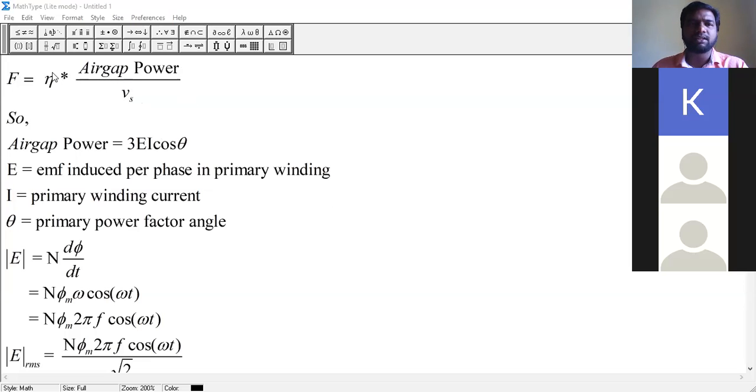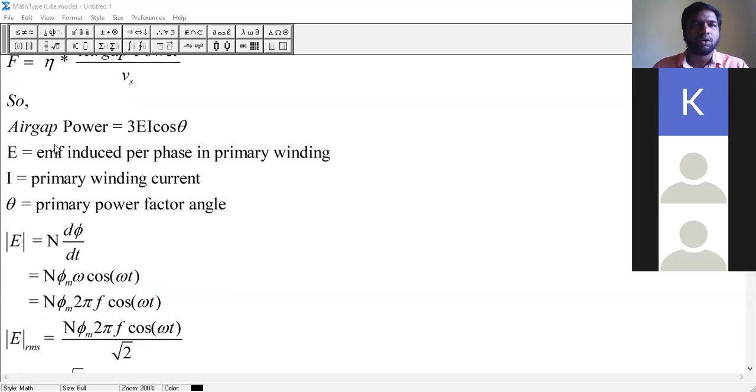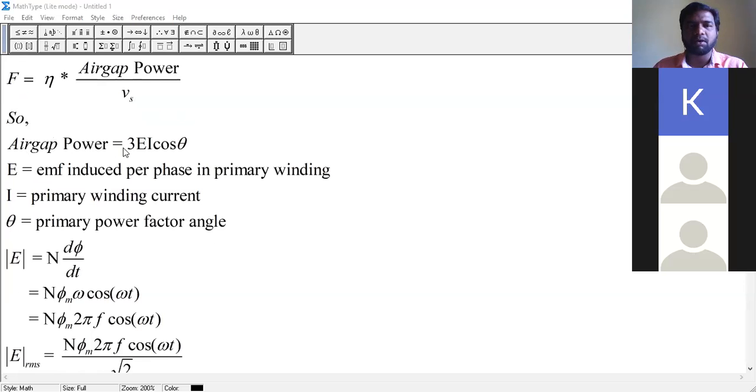So efficiency, we know the formula for efficiency is output by input, and Vs is a value that we are going to design, and then air gap power. So this value we do not know. So if we know this air gap power value and then substitute here, we are able to obtain the value of the thrust force. Right, now going to the air gap power, the air gap power is equal to